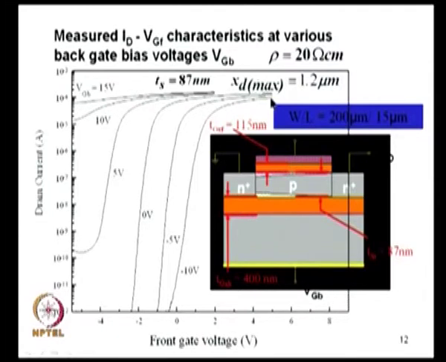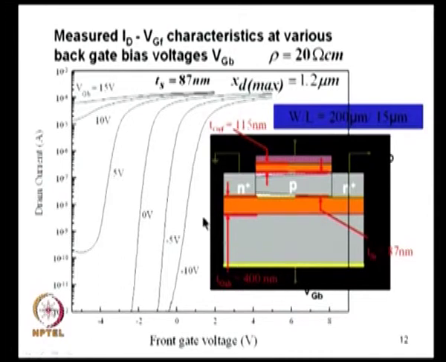I can take the characteristics in the back. Now, I am not showing a symmetric gate, we will come back to that afterwards. This is one of those experiments which some of our students at IIT Madras had done, fabricating these devices. You can see the back gate oxide is thick, maybe about 0.4 microns, and T silicon is about 87 nanometers, fully depleted, with something like 10 to the 14 doping. The front gate oxide is thin, maybe 0.1 micron or so, and the W by L ratio is 200 by 15. L is 15 micron, long channel. We do not want to be bogged down by the short channel effect. So, the transfer characteristic is exactly like the bulk MOSFET. The only thing is you can change from